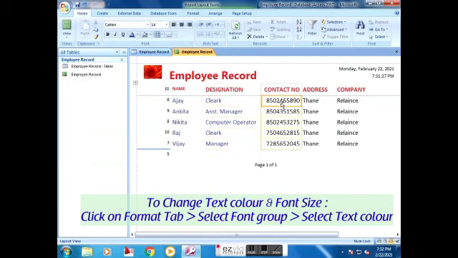To change the text color and font size of your heading, click on the Format tab, select the Font group, and select Text Color.